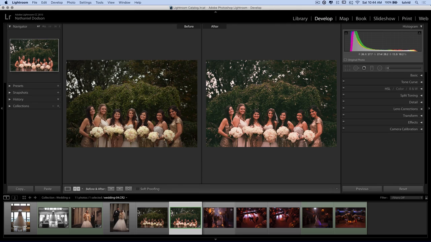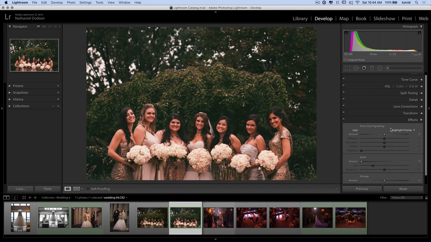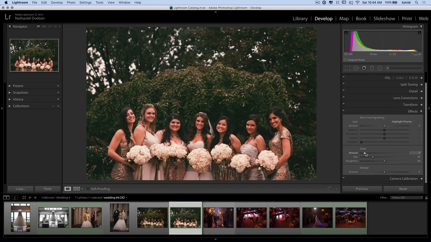So let's check it out. There's before and there's after. We get this very VSCO film style faded effect. And oh, by the way, I'd be remiss if under effects I didn't add a little bit of grain, right? You want to be careful, though. If you add too much grain, people start to wonder what's going on,